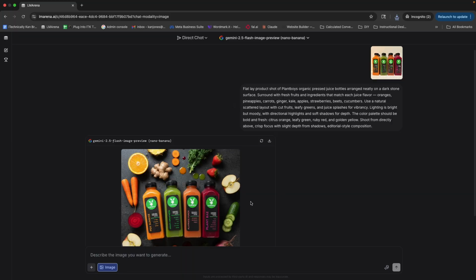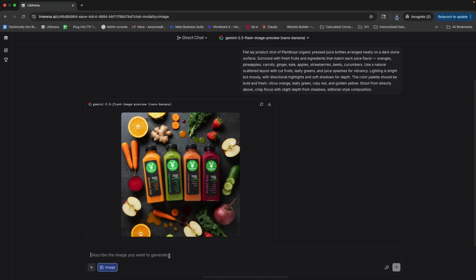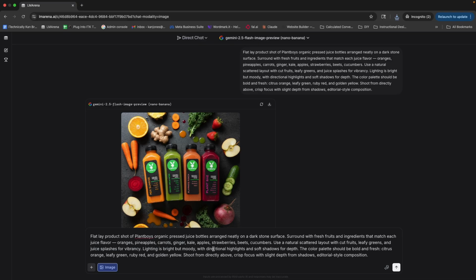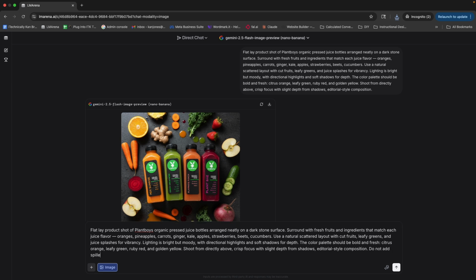Funny thing is, when I was running this earlier, no juice spills anywhere, but that also goes back to the prompt, right? I can go ahead and take that prompt, come back here, paste this in, and say, let me see, add spilled juice